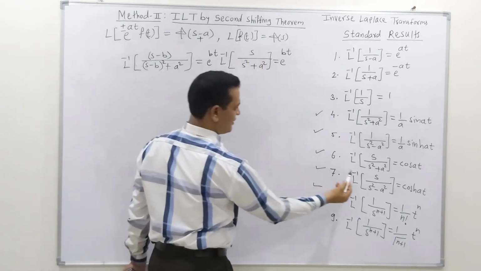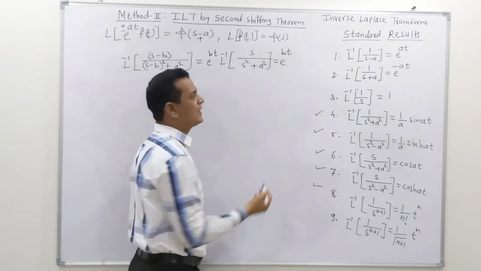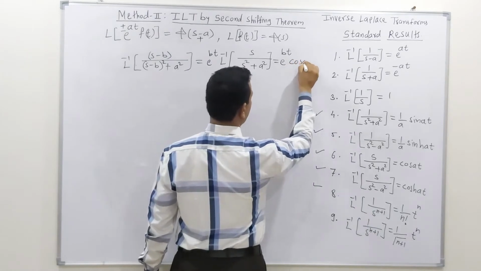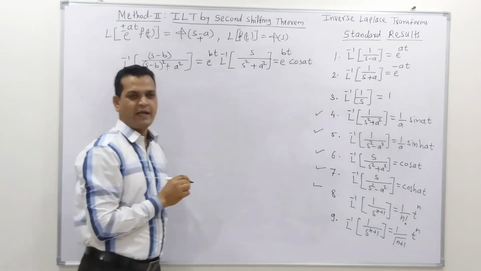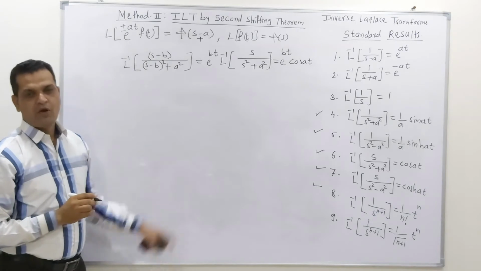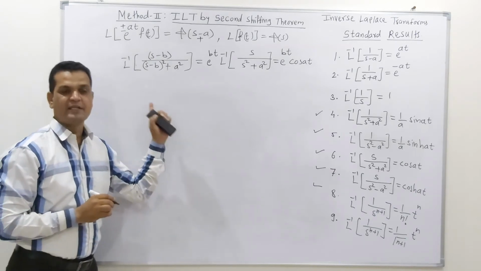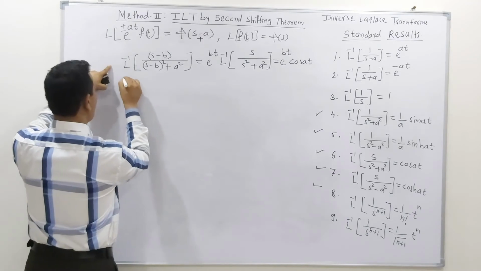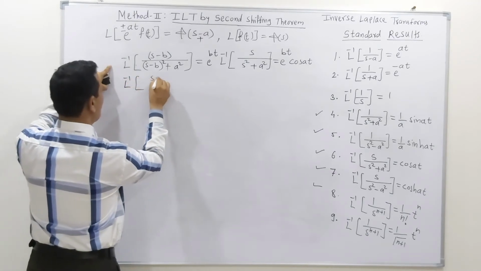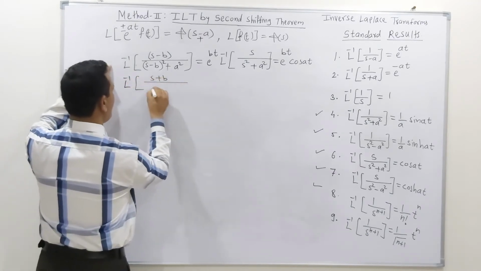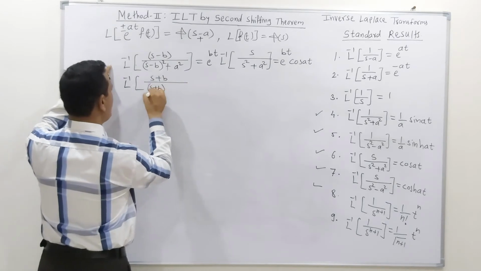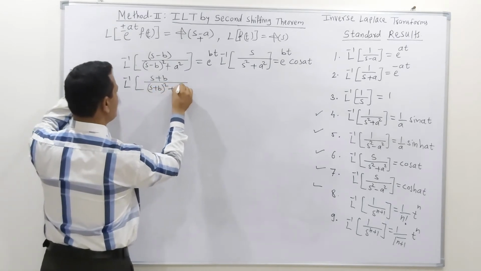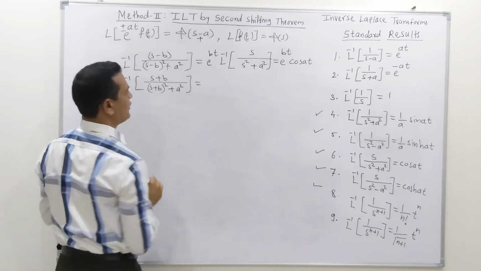Then this is the standard result of cos at, so we can write this as cos at. Now here we take the sign as minus between parameter and constant. So we may write this as the inverse Laplace transformation of s plus b upon (s plus b) square plus a square, which is equal to